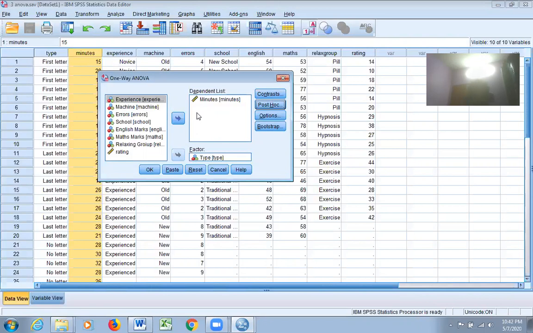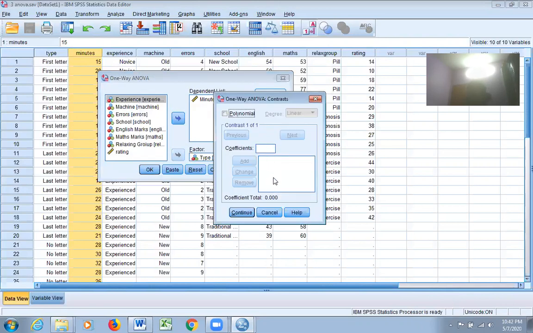Just, for example, you click analyze, compare means, one-way ANOVA, and then after selecting the dependent variable and independent variable, you go to the contrast menu, and you can see here what kind of planned comparison you can make. So you can group the variables by yourself, and you can look for the difference in the comparison. So what I'm going to do is make two pairs now. How?